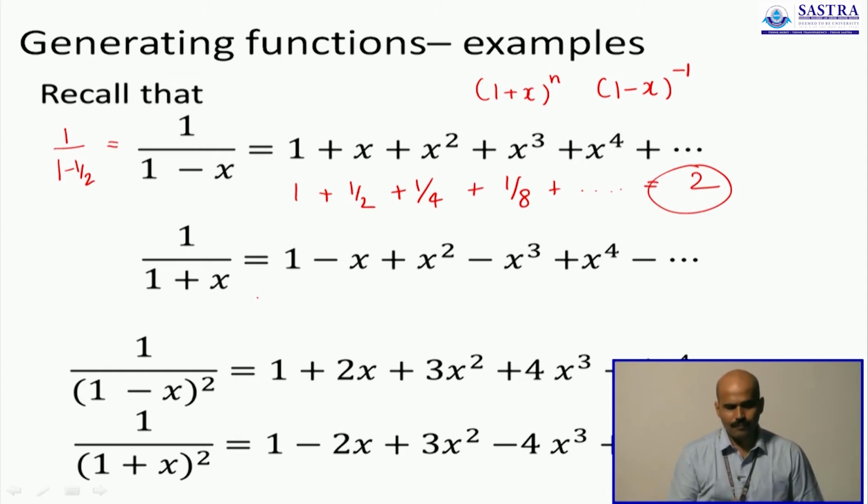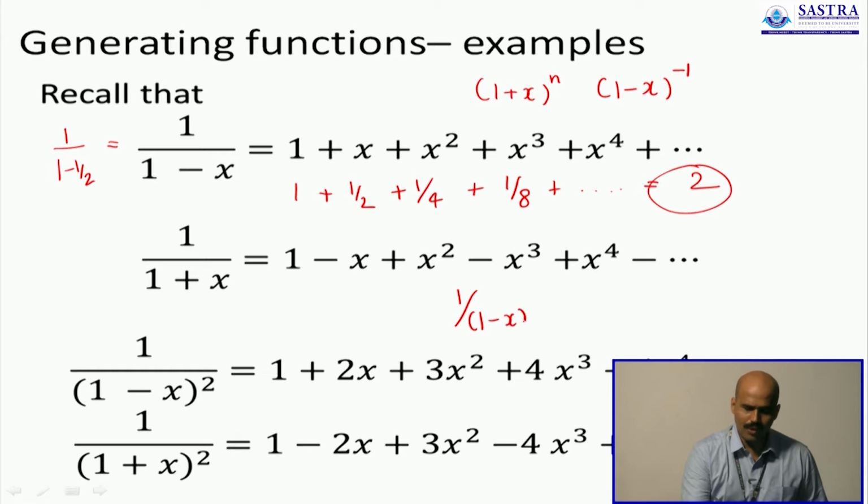The third relation is another expansion in terms of an infinite summation where all of them are powers of x, but the coefficients keep changing by one number. I have 1 and I have x next, but it's not just x, it is 2x. Later I have x squared, but it's not just x squared, it's 3x squared. So all of them are positive, every term is a power of x, but the coefficients keep increasing by 1 unit. The formula is 1 upon 1 minus x whole squared. This is once again the negative exponent of 1 minus x, where the power is minus 2.